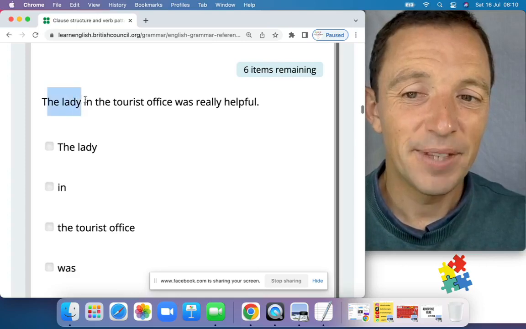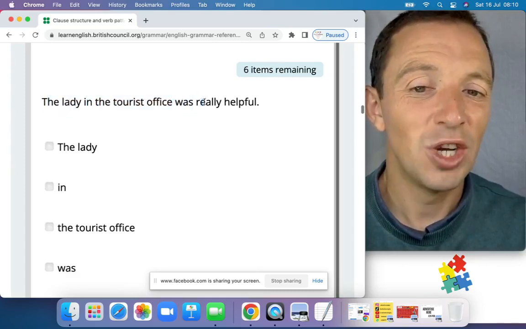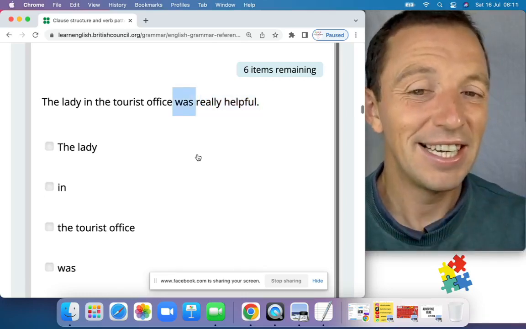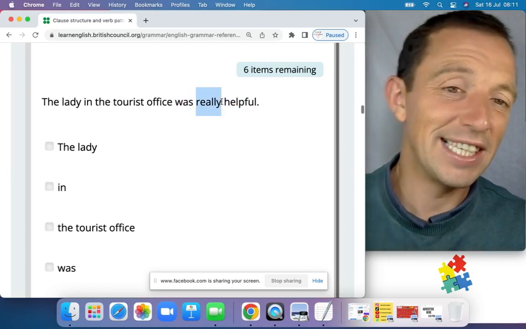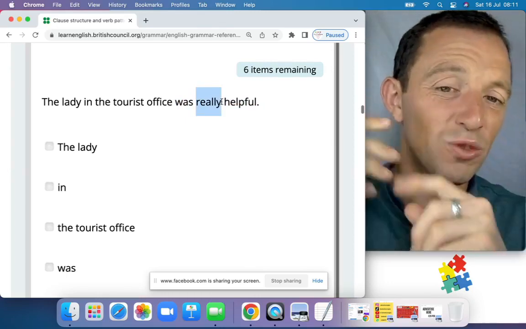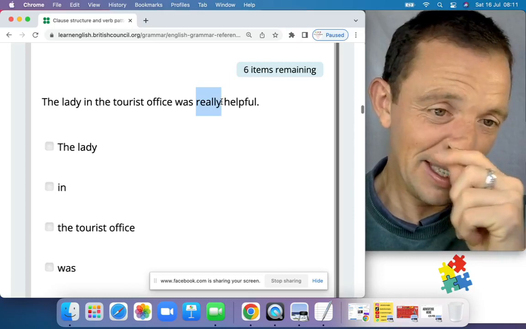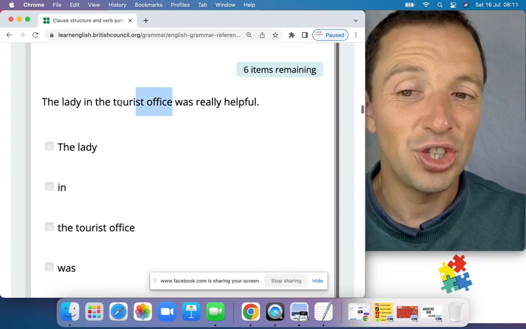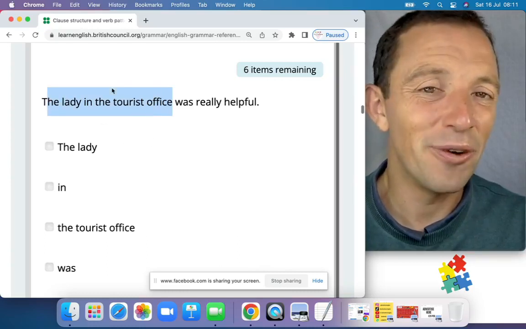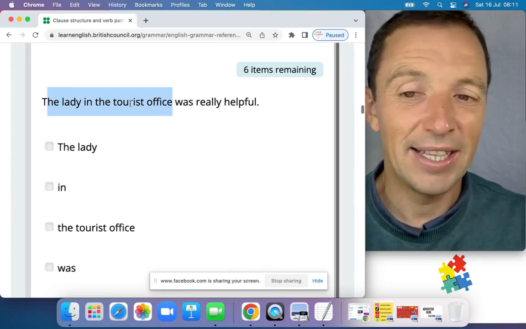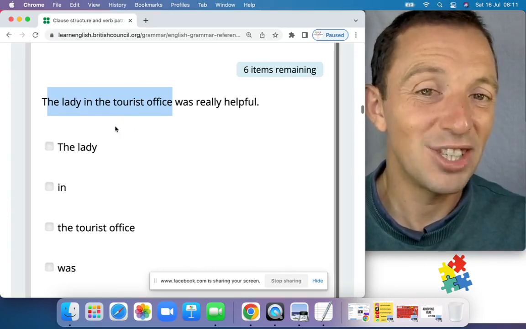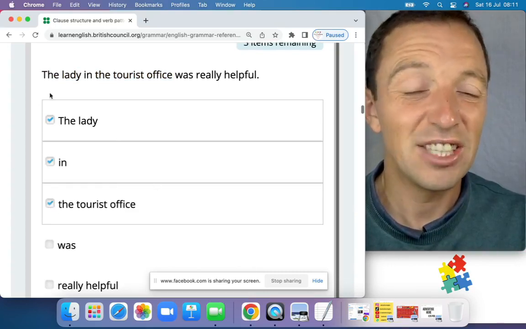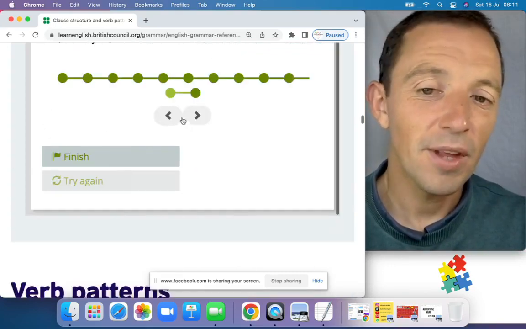The lady in the tourist office was really helpful. So the verb is to be in the past. The adjective is helpful. Really is an intensifier. So very helpful, really helpful. And the lady is the subject of the sentence. The location, she is in the tourist office. So I think that's the noun phrase, and that's the full part of the subject. So the lady in the tourist office is the full subject. Next, finally,